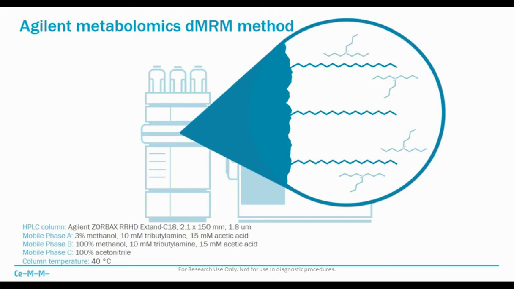What this method uses for separation is ion pairing separation mode. Ion pairing is known to be a really powerful tool to separate analytes with different properties from polar to non-polar. And in this method, tributylamine is used as ion pairing reagent on the C18 column. Ion pairing is also known in the field to be quite unstable. In this method, there was a lot of thought and effort put in to really make this separation